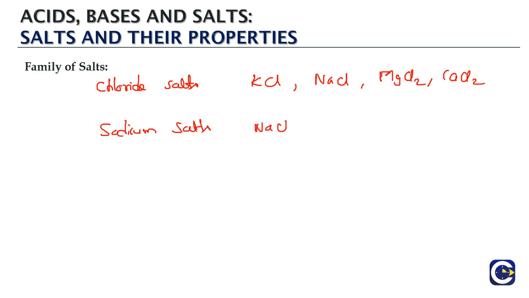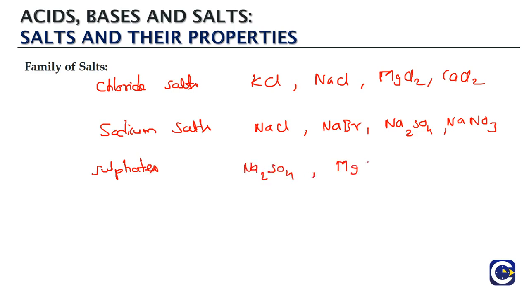We can have sodium chloride, we can have sodium bromide, sodium sulfate, sodium nitrate, and we can have sulfates. Sulfates means all of them that contain sulfate ion. So we'll have sodium sulfate, magnesium sulfate, like that. We can have nitrates, all the salts that contain nitrate ion, NaNO3,